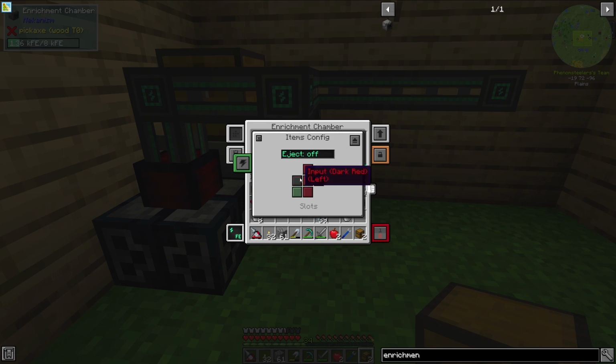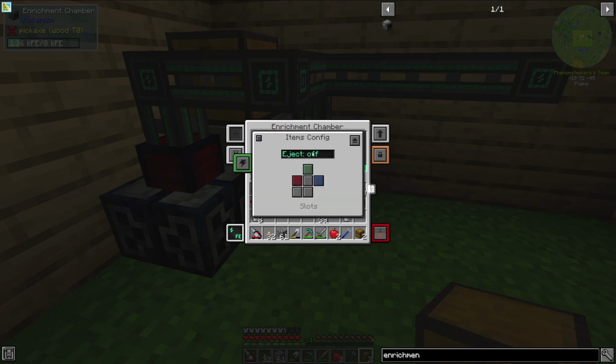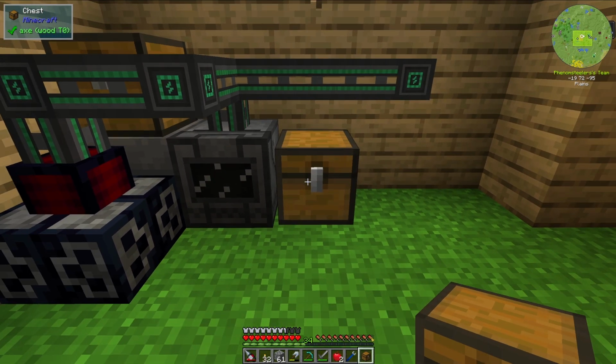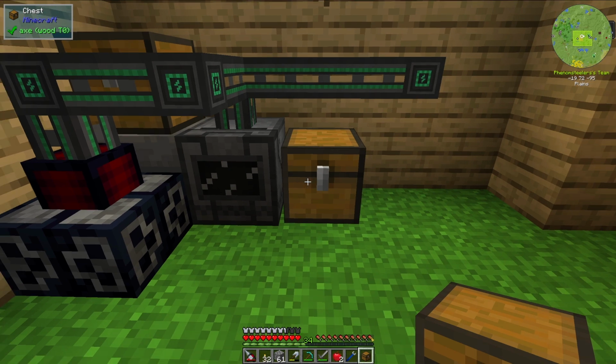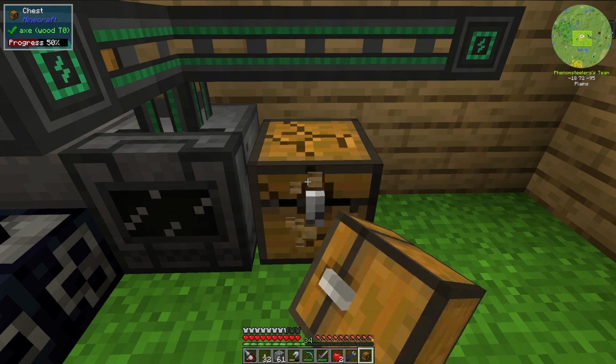Let's go ahead and set this up to be input on the left. The rest of these don't super matter. The top, I guess, can be the energy input, and then the output can be to the right. And we do want to have that be automatic, so we need to hit this auto eject button right here. And that will eject into... let's have it just eject into the